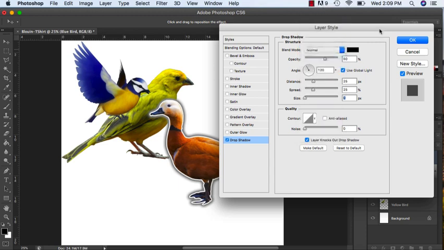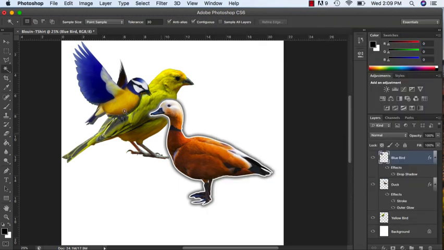And I'll just keep it back at normal. So we have 2 different blending options at the moment. Let's say that I prefer this one and I'd like to duplicate it to all of my other